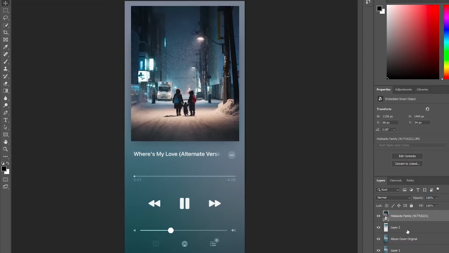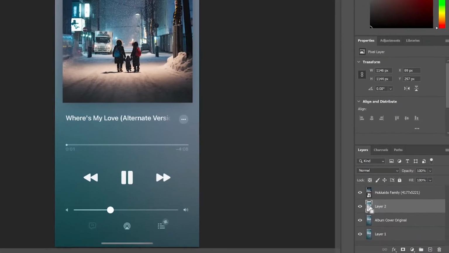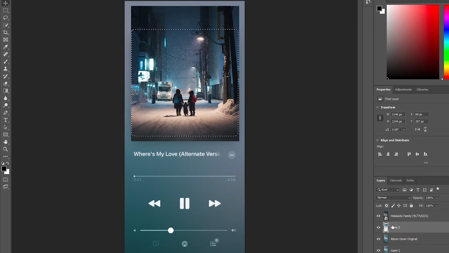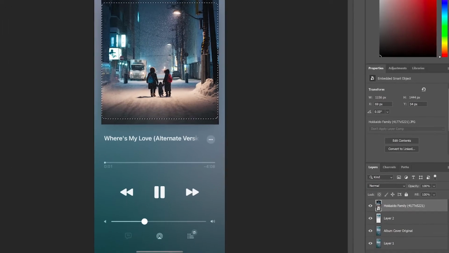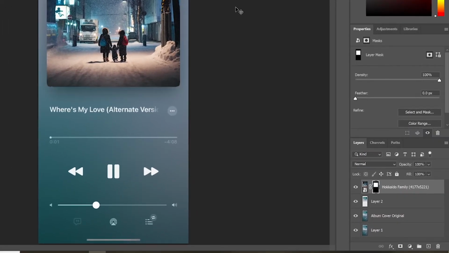All right, so to mask it, it's quite simple. You click the layer that we just created before this step, hold Control and click the layer so it makes that selection. Go back to the new photo, and then there's this button down here which is the layer mask. So you're going to click that and we've replaced it. It's pretty simple, pretty quick.